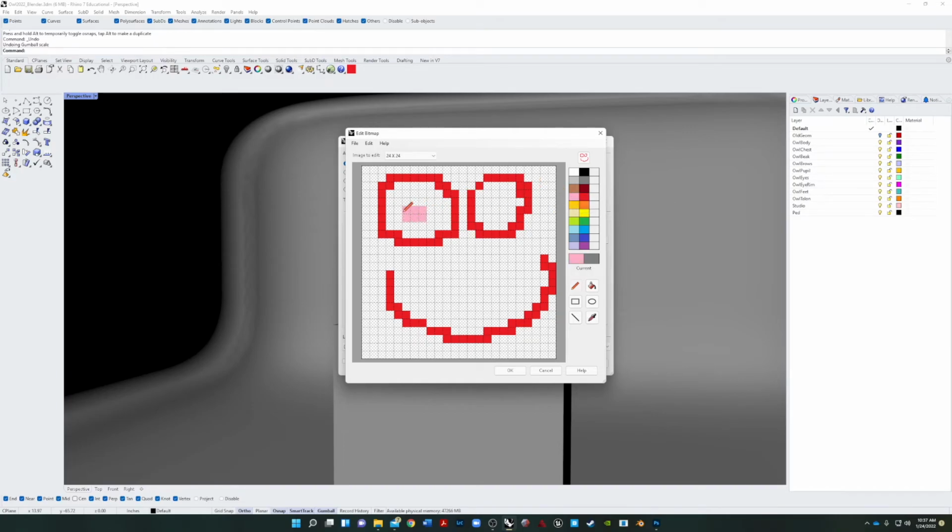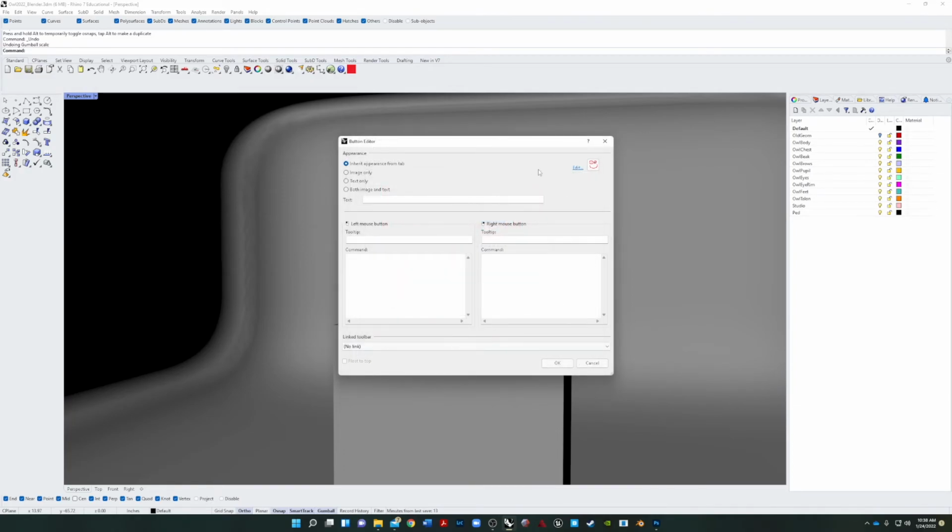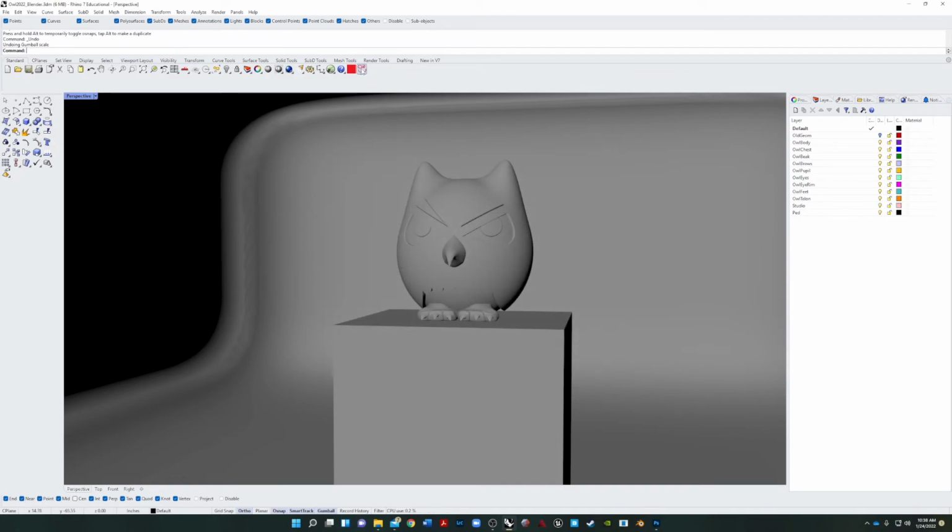And then go okay. And then all you've got to do is paste and hit okay. And that is now the button. And if I click that button, it'll run that Python script in the command line. So if I click it,